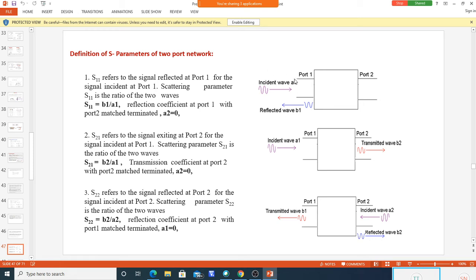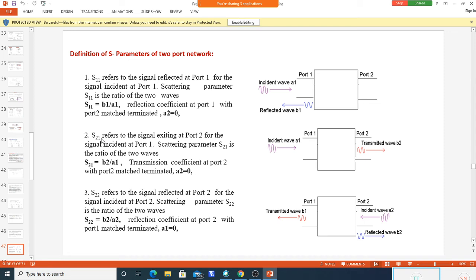See, there may be some network here that is sending waves to this network. If this source network is not matched with this one, the wave will be reflected back. That should not take place. So if you measure S11 and it is higher, then the input of this network is not matched with the output impedance of the previous network. That is a problem here. So we measure this S11 in most of our networks. Similarly, the second parameter is S21.